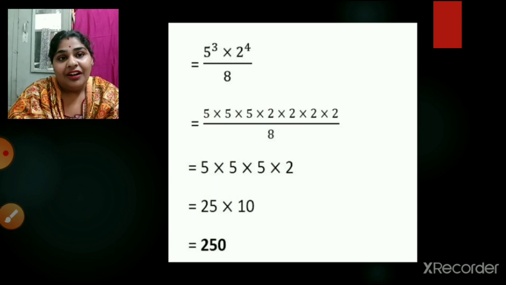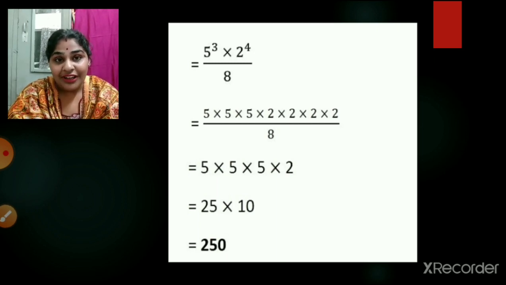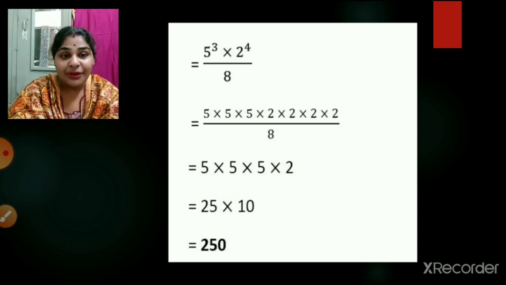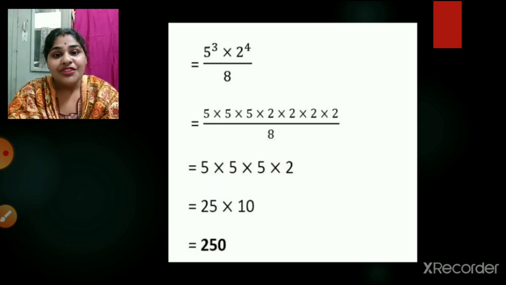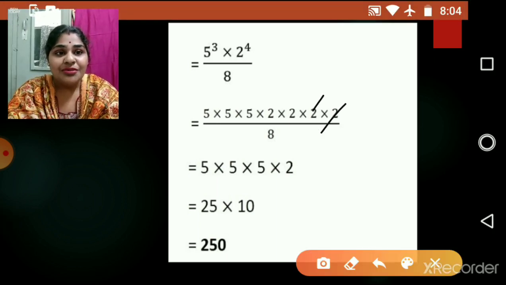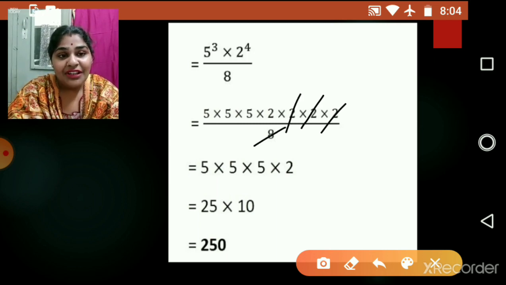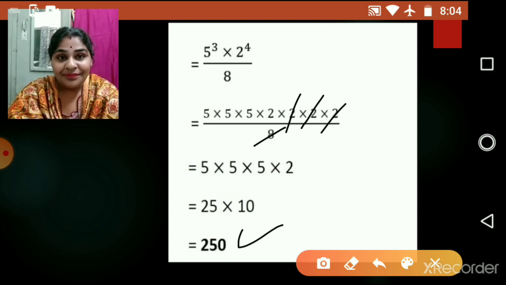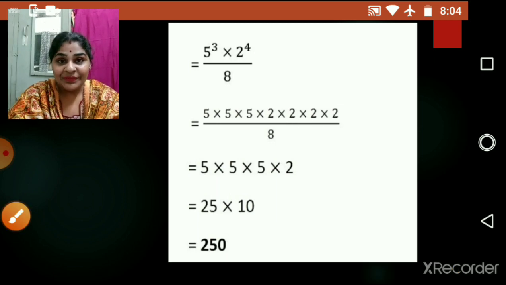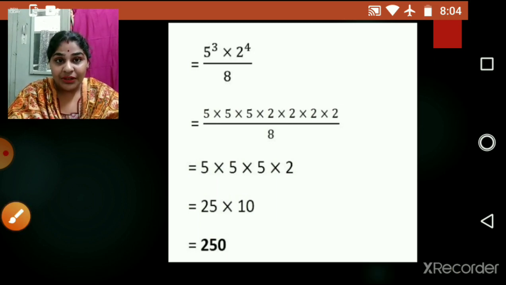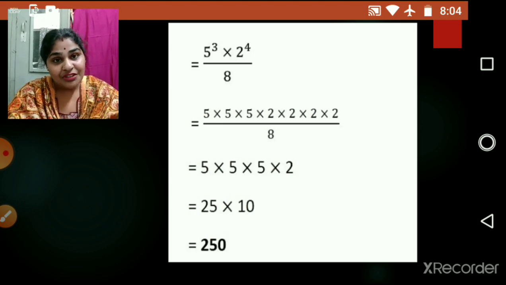So further solving. Now this you can solve. 5 cube is nothing but 5 into 5 into 5 and 2 raised to 4 is 2 into 2 into 2 into 2. So you can just cancel here. 2 2s are 4, 4 2s are 8 and this 8, right? And the remaining one, now 5 into 5 into 5 into 2 is 250. I hope this is clear. Now I think you understood what are the basic small things which make your solving easy, children.